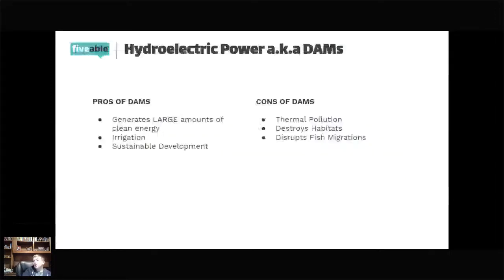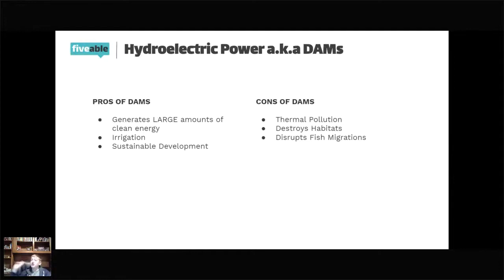With dams, I'm just going to talk about the pros and cons because that's what's most important to know. There are a lot of pros and cons. The pros of dams: they generate large amounts of clean energy, which is great for us. Renewable energy, that's what this whole stream is about. Irrigation: this water gets moved through the turbines and then it gets put back out into the rivers. It's not like farming irrigation, but it's putting the water back into the rivers. Old forms of dams used to just take the water and push it off to the side, flooding somewhere else. But what we use in dams today puts the water back into the river when it's done with it